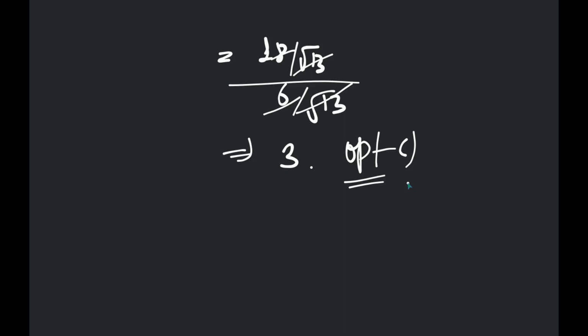A ladder is set against the wall at an angle of 45 degrees to the ground. If the foot of the ladder is pulled away from the wall through a distance of 4 meters, its top slides a distance of 3 meters down the wall, making an angle of 30 degrees with the ground. Find the final height of the top of the ladder from the ground and the length of the ladder.